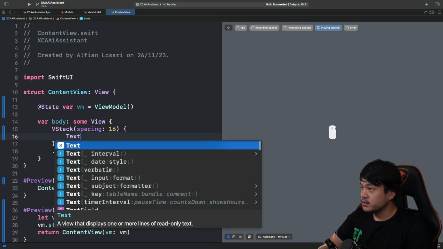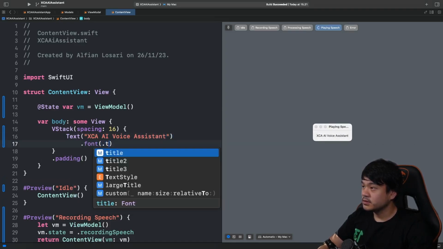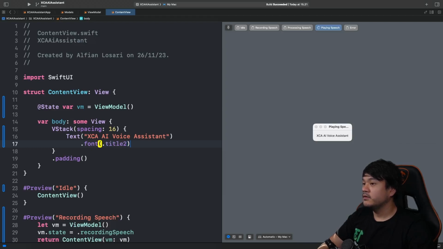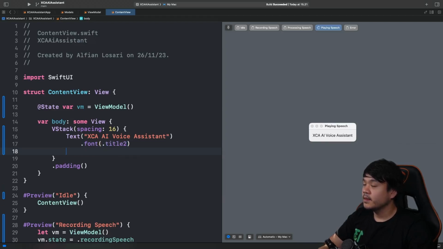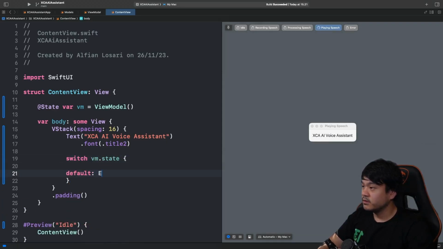And let's begin by declaring a Text and put the title of our application. I'm going to give it a name of XCAAI Voice Assistant, and set the font to title2. You can give it any name that you want. Okay, next one, I'm going to use switch vm.state, and provide a default of EmptyView.